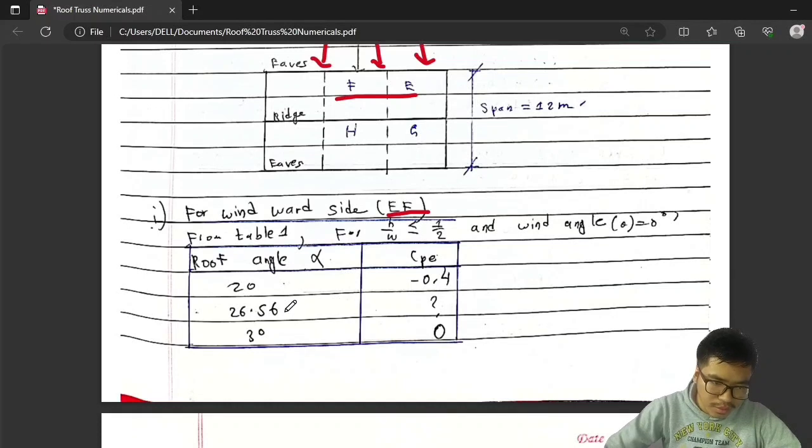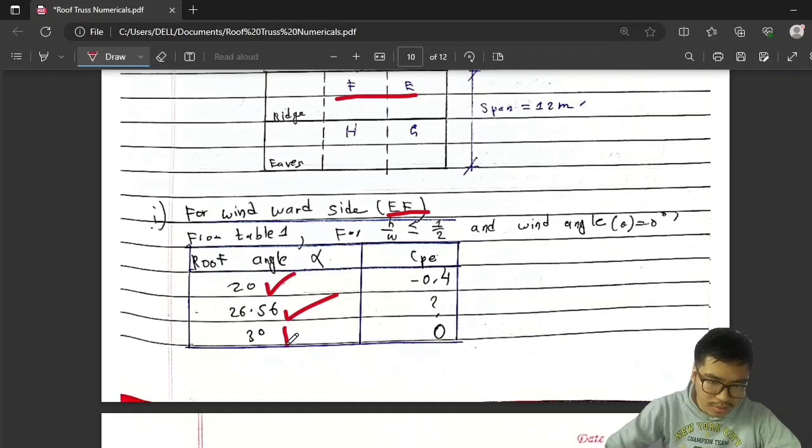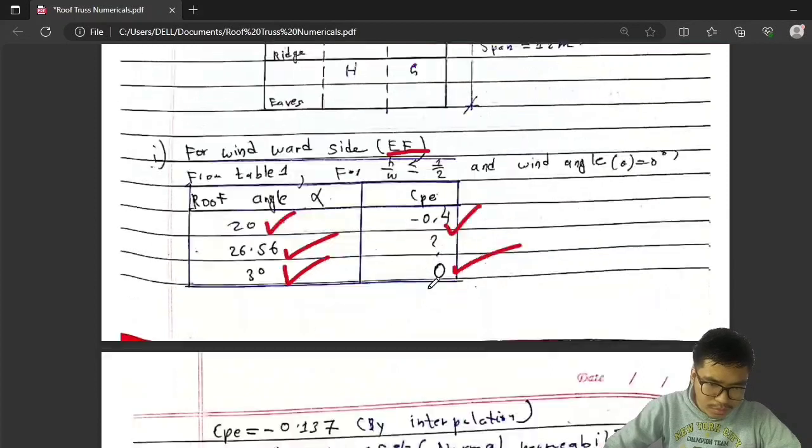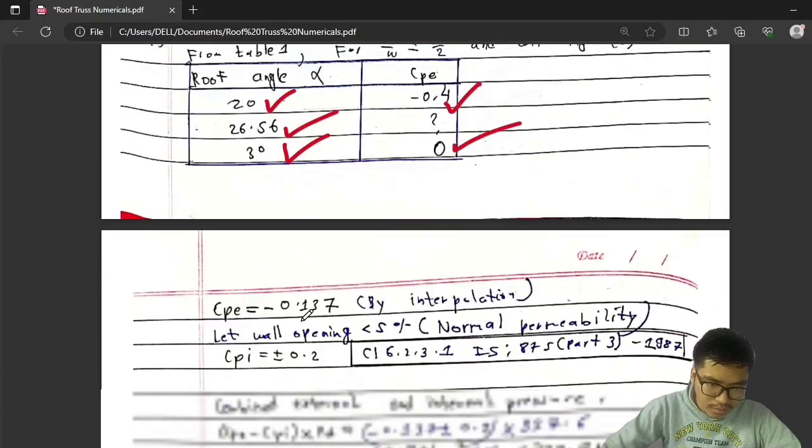roof angle 26.56, which is in between 20 and 30, the values of CPE are minus 0.4 and 0. So by interpolation, this CPE we get minus 0.137,